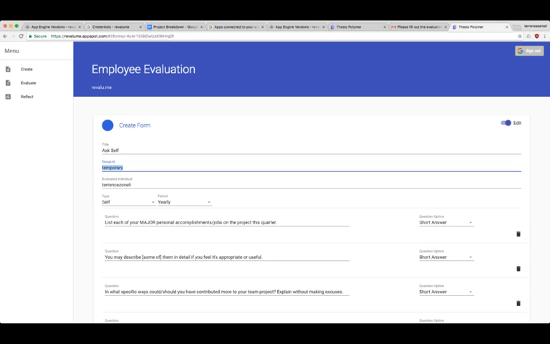And then within the group, you have a bunch of different evaluation groups. And then